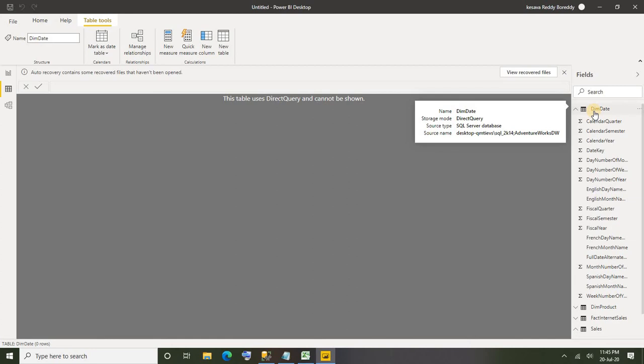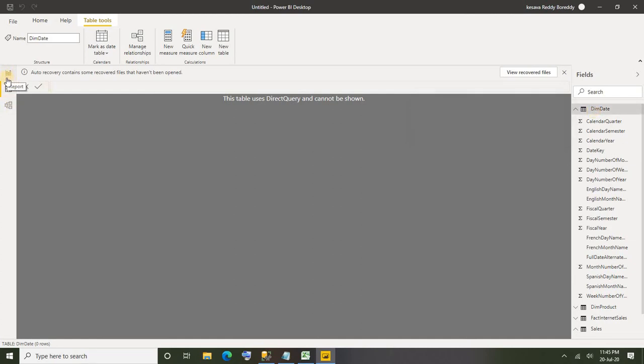Okay, so if you want to apply any transformations or make any changes before loading, you need to do it before loading itself. Once you are loaded, that's it, you can't do any sort of transformation. There are 3 tabs here, right? If you load the data into Power BI by using the import option, you can see all these 3 tabs, and you can use all of them.